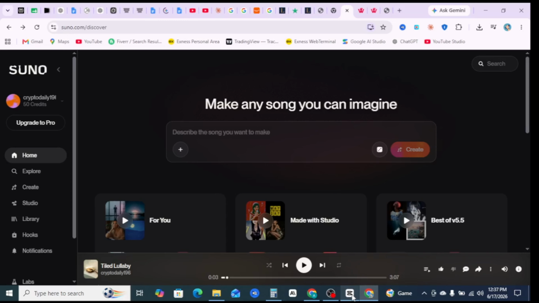Step 1. Create your free account. Head over to suno.com and sign up using Google, Discord, or your email. The free tier gives you about 50 credits per day, enough to generate roughly 10 tracks while you learn the platform. Step 2. Open the Create page and switch to Custom mode so you get full control over style and